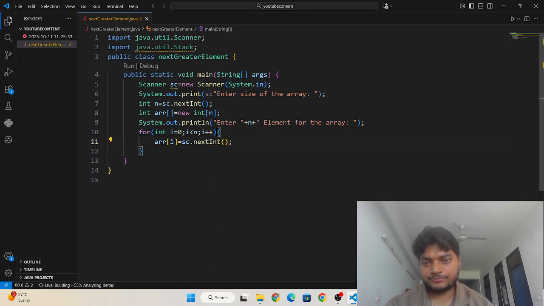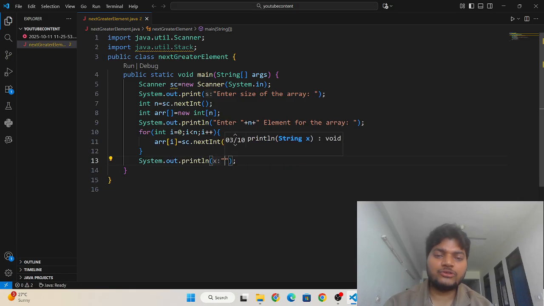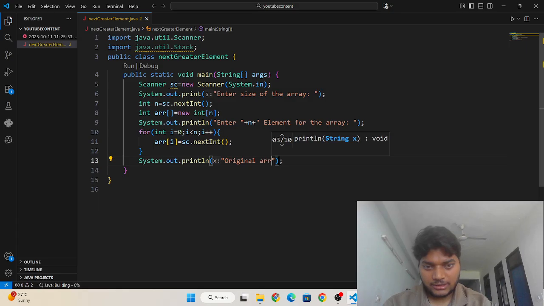Then I am going to print the original array, and then I will write a method to find the next greater element of the array using a stack. So I need to write here: original array is.